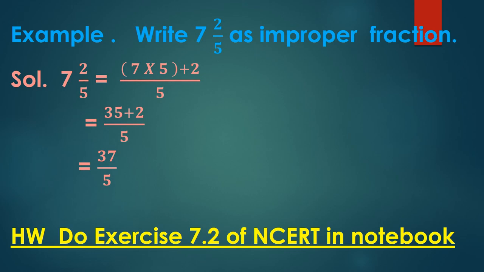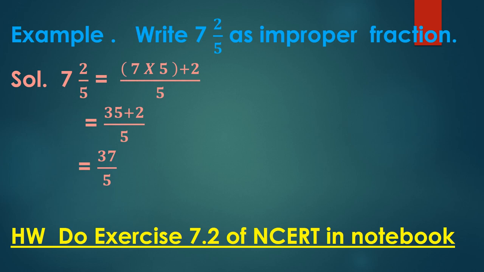So let us recapitulate once what we have learned today. First of all, we have learned how to represent fractions on a number line. In this we have learned that we will divide the line segment between 0 and 1 into the number of parts, whatever is the denominator. Then see the numerator, how many parts we have taken, and then we will mark it. After that we have learned types of fraction. In this we have learned first of all proper fraction, whose numerator is smaller than denominator. Improper fraction, whose numerator is greater than denominator.